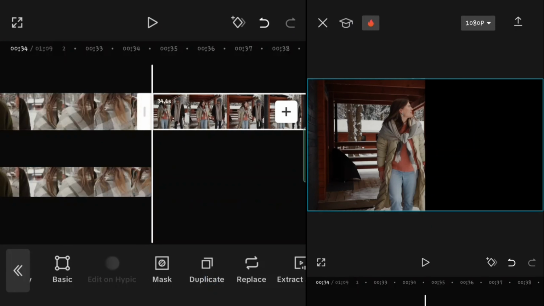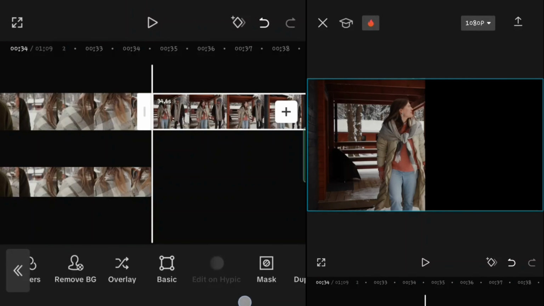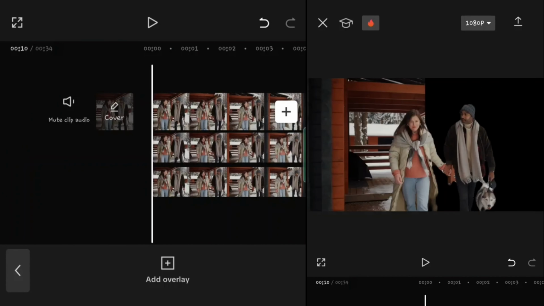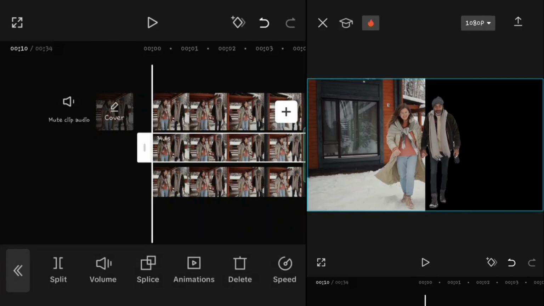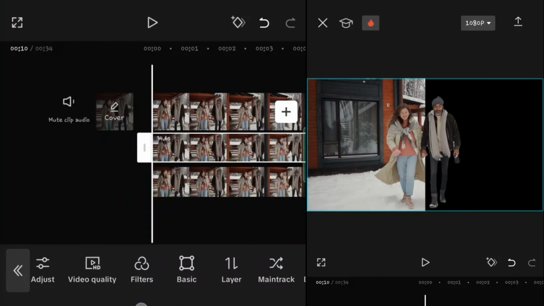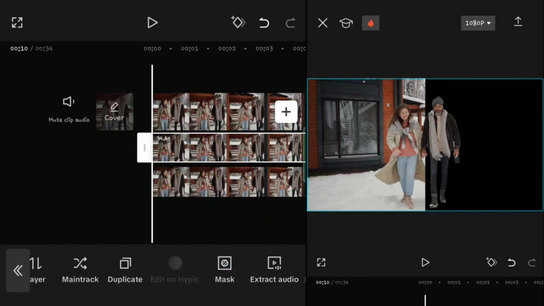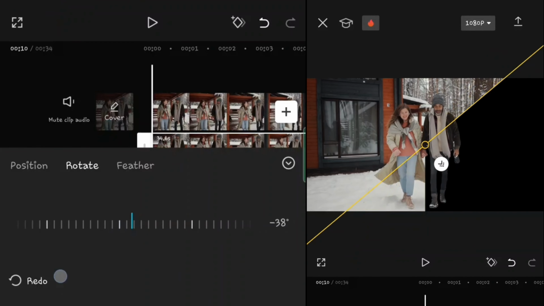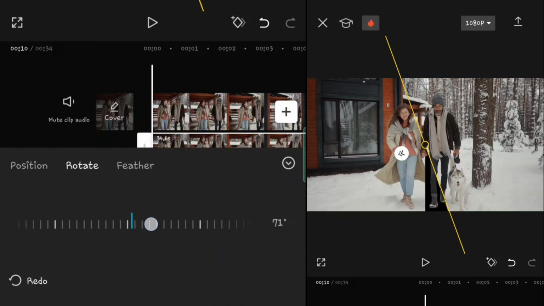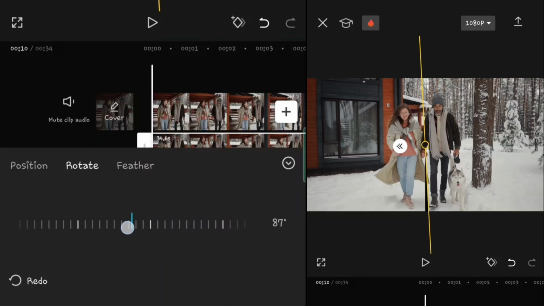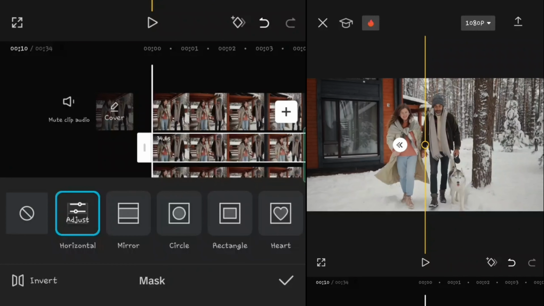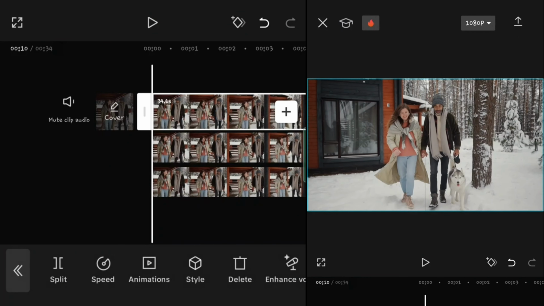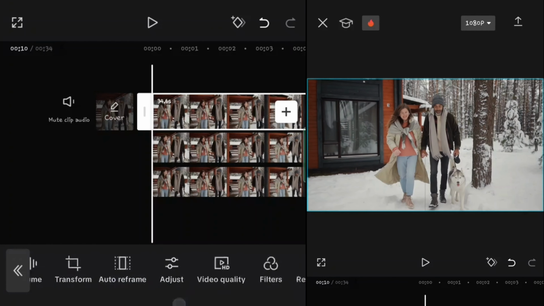And now you can duplicate it, look for the overlay button, and then again move it to the beginning of the layers in timeline. Now go to mask, horizontal, rotate tab, and now make this layer 90 degrees, not minus 90 degrees. So 90 degrees. Now we have this. As you can see,